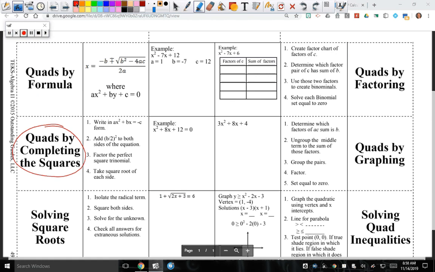In my opinion, this is the one that probably you should build the best. It does require all this number sense. It does require all that strategic trial and error that we were talking about last time. But to me, that's probably your best bet to start off. The second one is going to involve